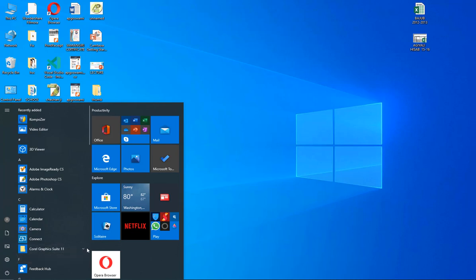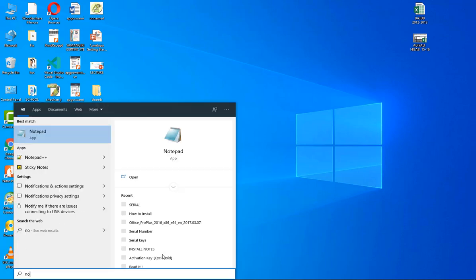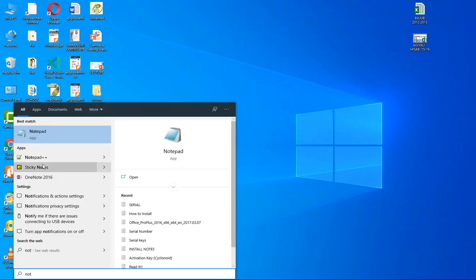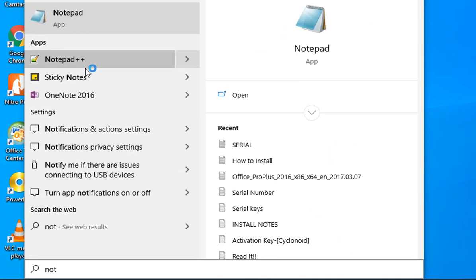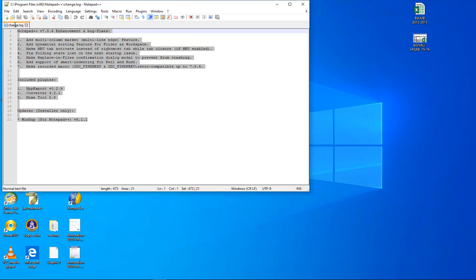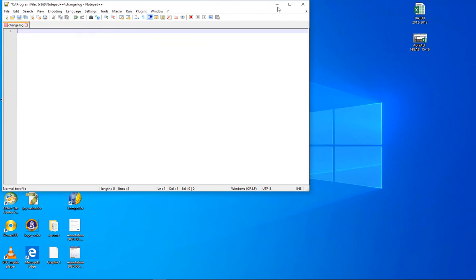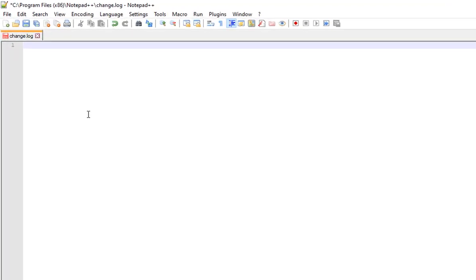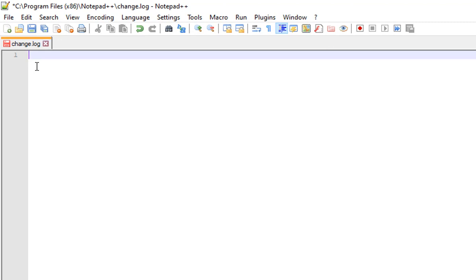You can also use simple Notepad, but Notepad++ has some advanced features like colorful coding, so we can easily understand the syntax and the file.